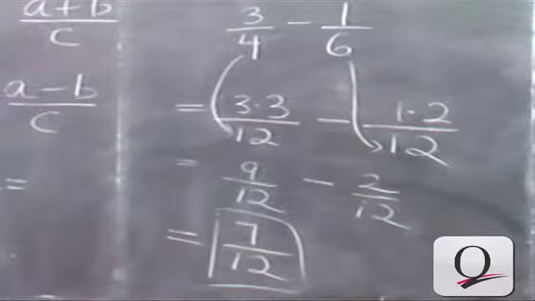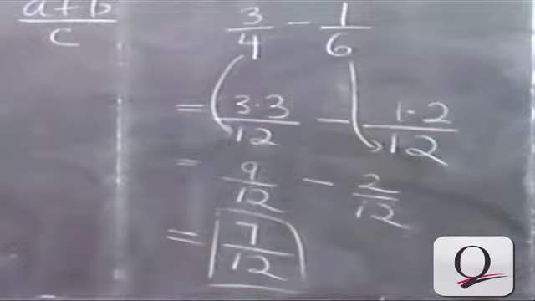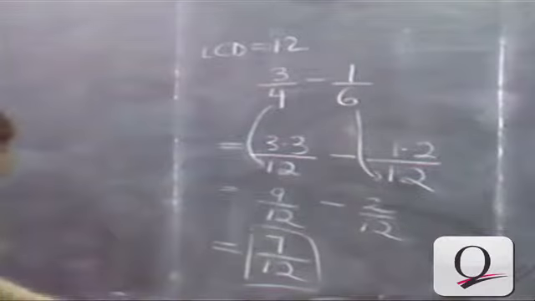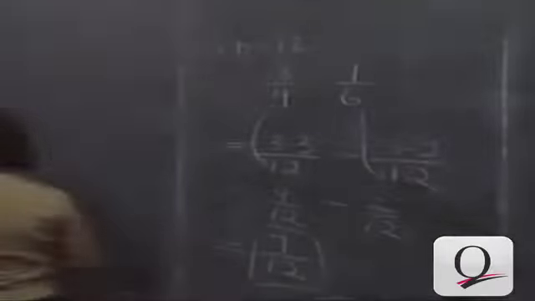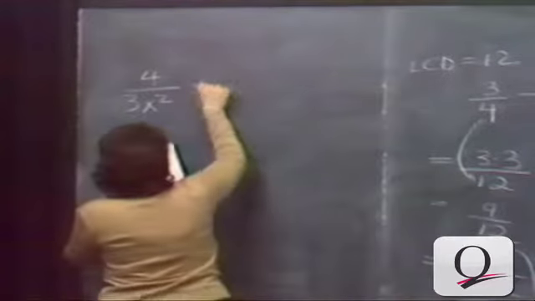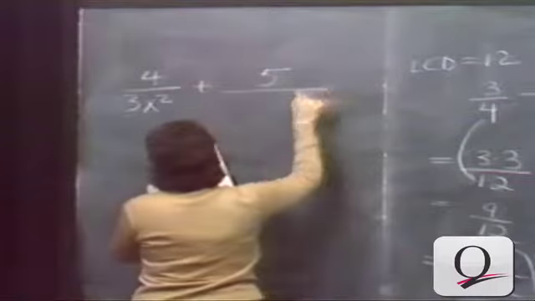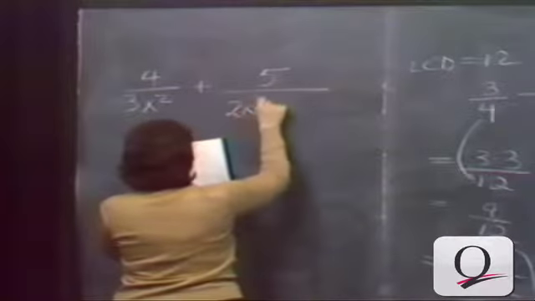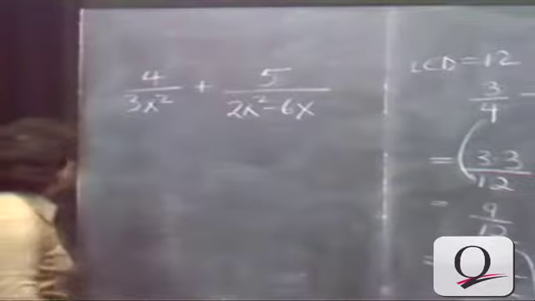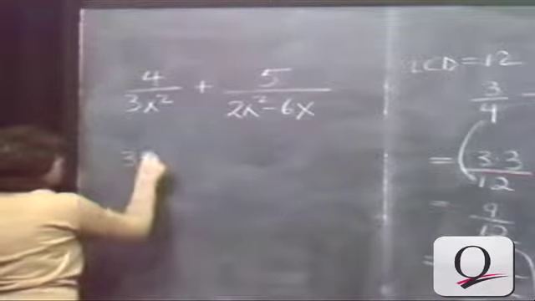Okay, now let's try looking at some fractions with variables as well as constants in them. We're going to look at algebraic fractions. Let's say we want to add the fractions 4 over 3x squared plus 5 over 2x squared minus 6x. We're going to mimic the procedure that we used before. We're going to take each denominator